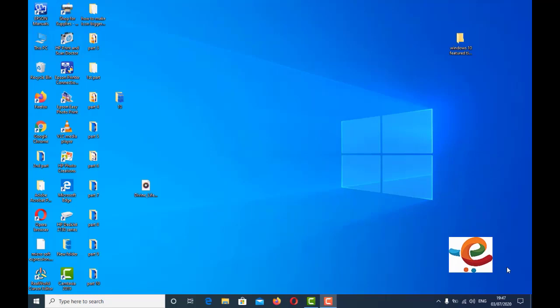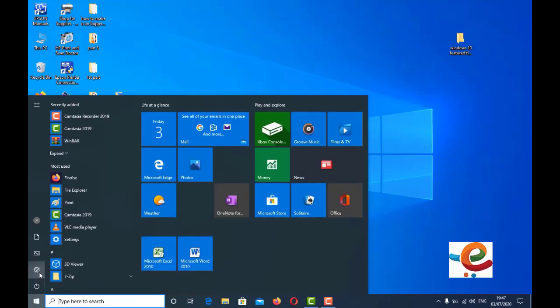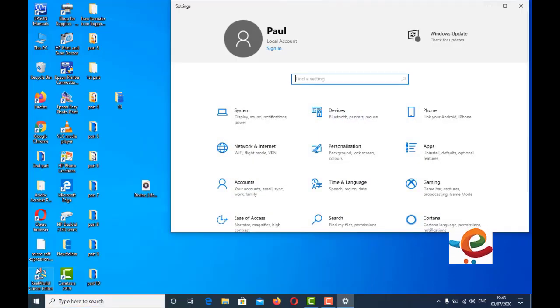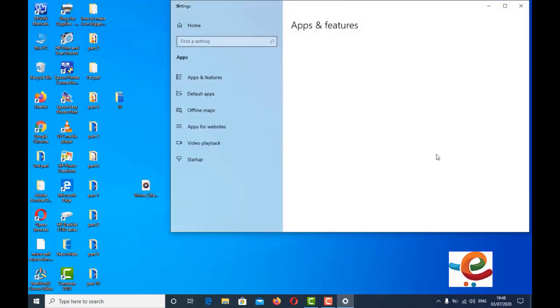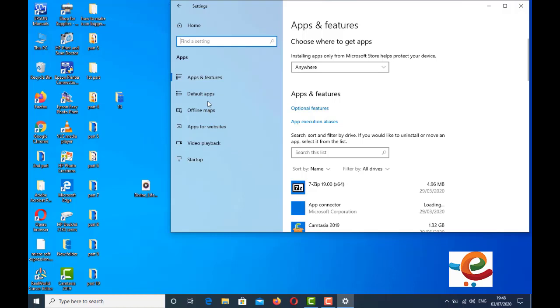Last one is default app. Sometimes people wrongly load the wrong app. If you want to fix that one, just go to Start menu, Settings, Apps, Default apps.